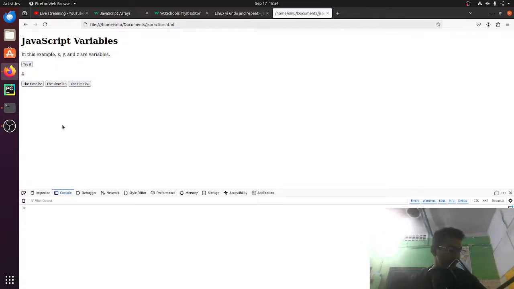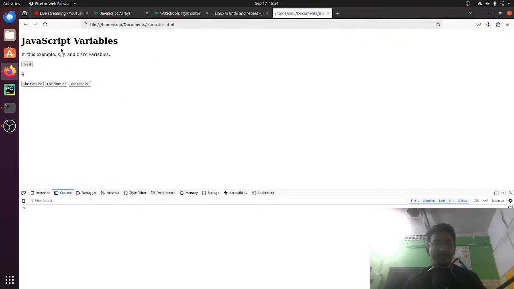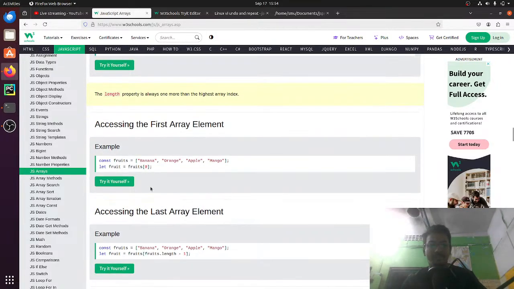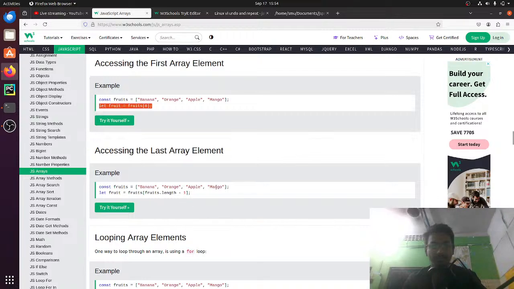Next, I'll go to that. The length property is always 1 more than the highest array index. Let me check with 4. We are accessing the first element of the array. How can we access it? We already know about that. How can we access that array using this only? We already did accessing the last element of the array. So how can we, okay, using